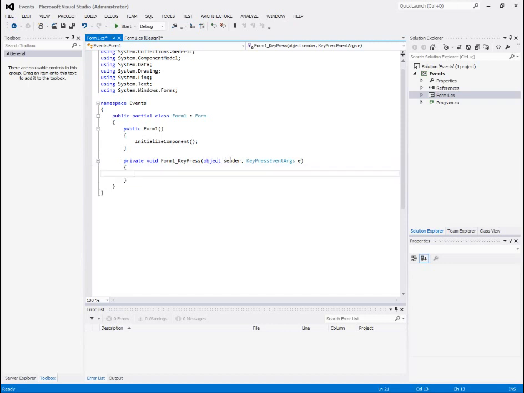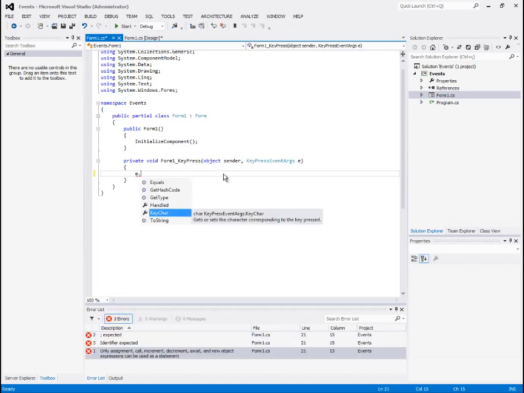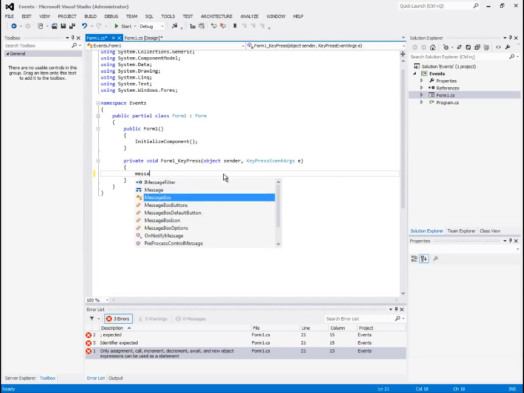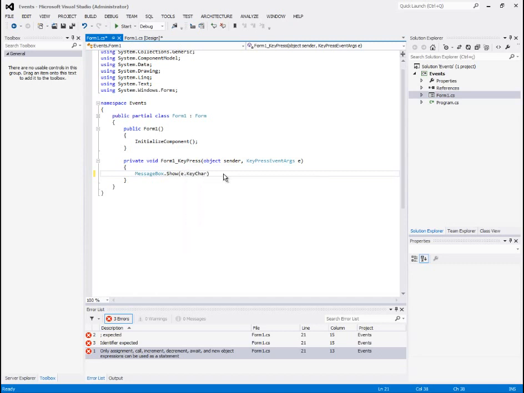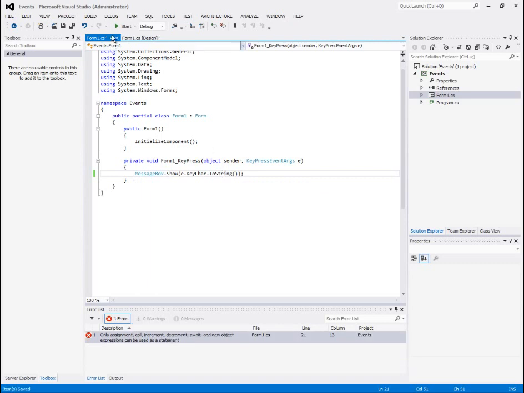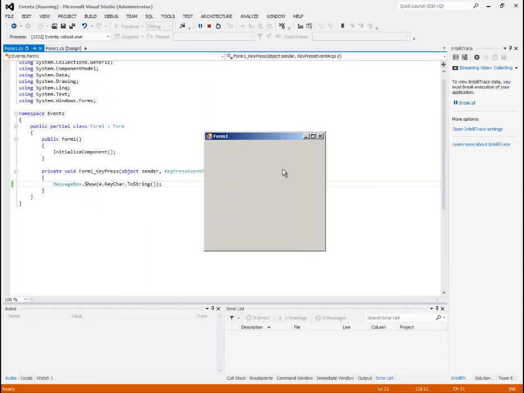Each event has some type of parameters. We have an object, which is our form, and we have our key press event args. This E, the key press event args, has the information of what key I pressed. It gets the character corresponding to the key pressed. So let's just show this in a message box: E.keychar, and we need to cast this to a string. If I run this and I press some key on my keyboard,